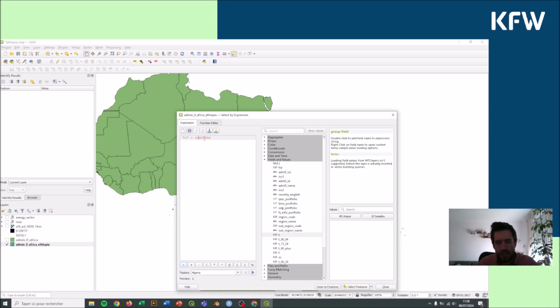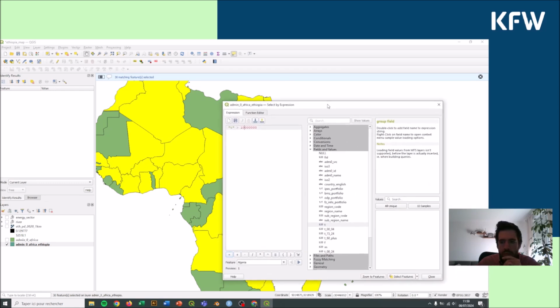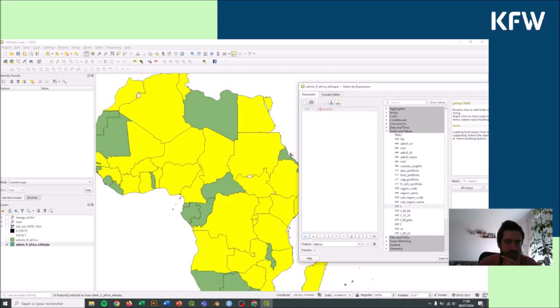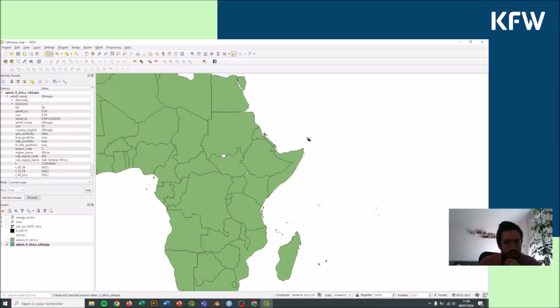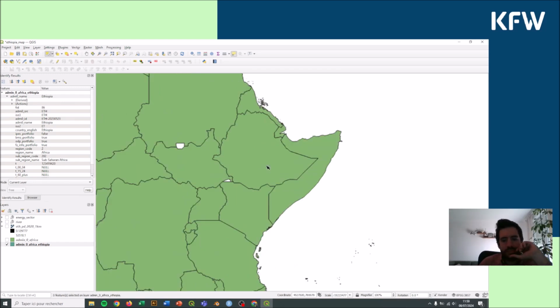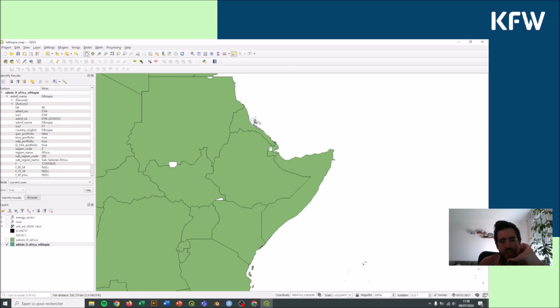Or even 10 million. And on the map will be displayed all the countries that have a population above 10 million. Okay, so this creates a selection, but what we want to do here is really to have a differentiated